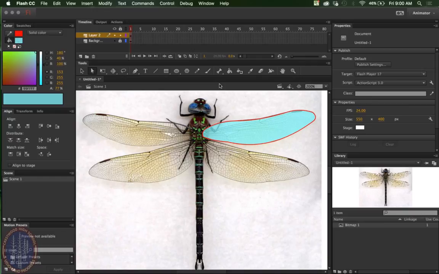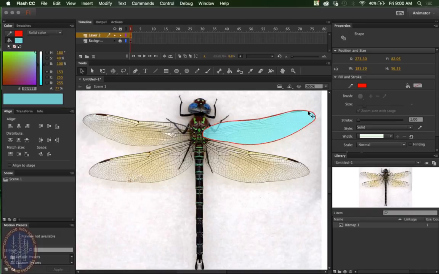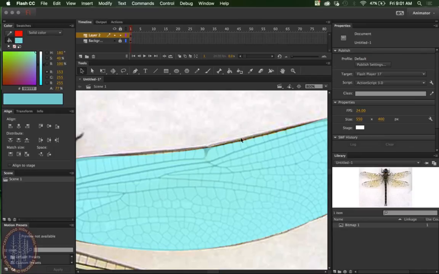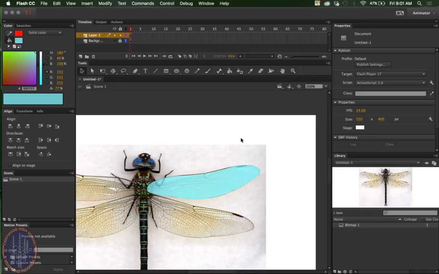So I've got that. I don't really like this line on the outside though. So I'm going to double click. Oops, I meant to have that one. Double click. When you double click, it selects the entire line, not a segment. If you do a single click, and I'll zoom in so you can see that, you'll see that it's got that little dotted selection aspect to it. And I'll press delete. I now have a clean single wing